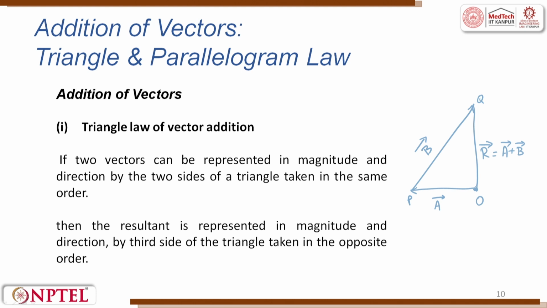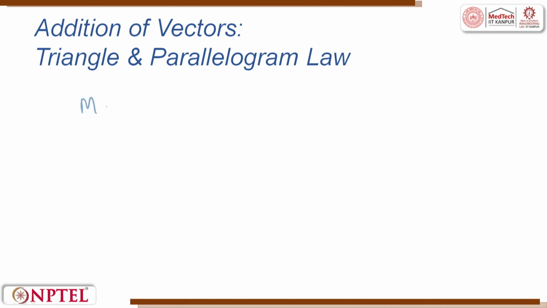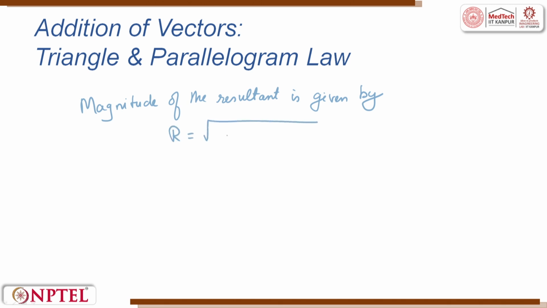This is O, this is Q and this is B. The magnitude of the resultant is given by R equal to root of A square plus B square plus 2AB cos theta,